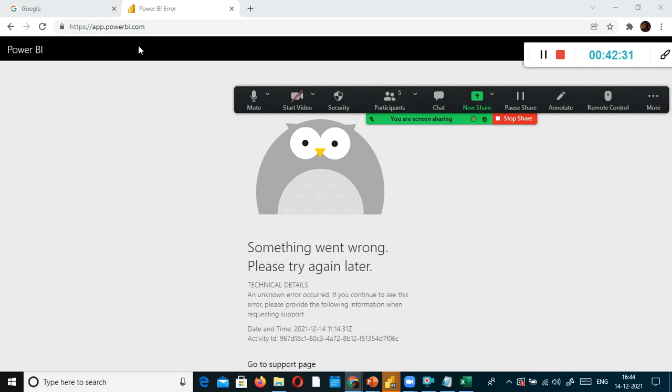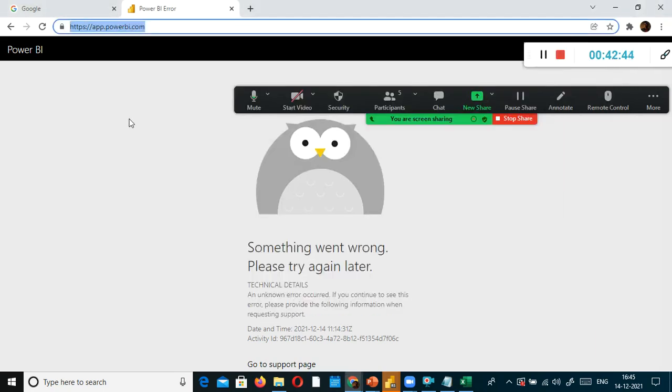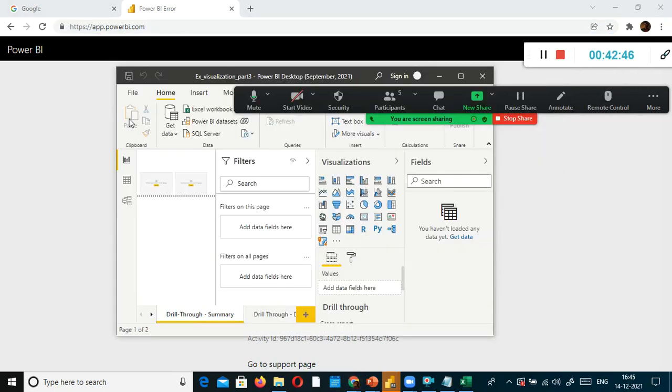Let me try from my mobile. app.powerbi.com. Sometimes it happens. Okay, in the interest of time, we will skip this one. Why waste time here? The next one is, one second, I think something wrong happened because I was trying to buy that license software.